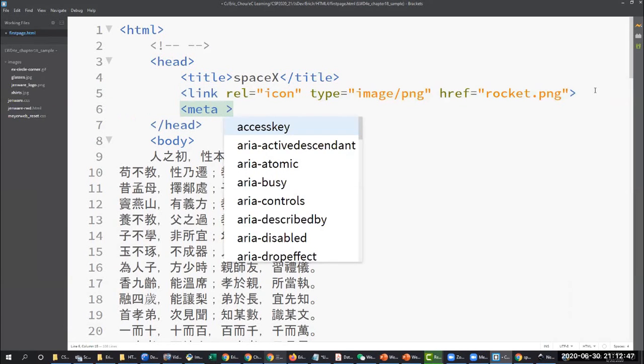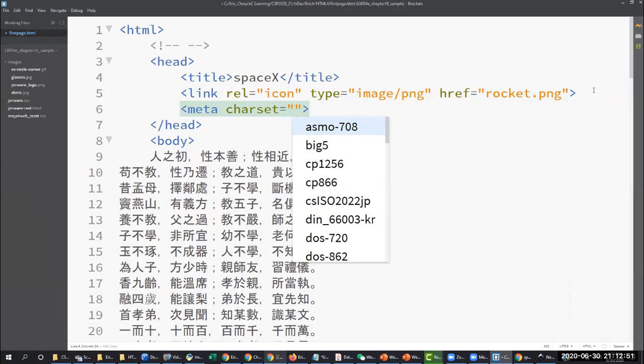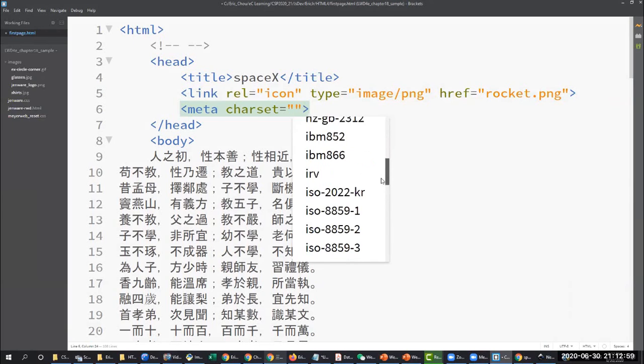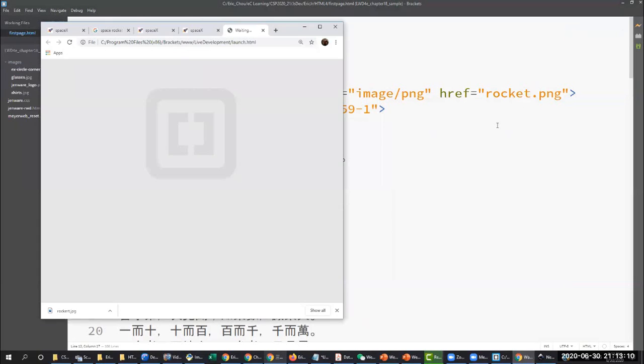So here you can have the metadata, right? If I try, they give me a different character set. So let's try if I am using ISO 8859, okay? So this one is the English keyboard. So if I use this character set, then